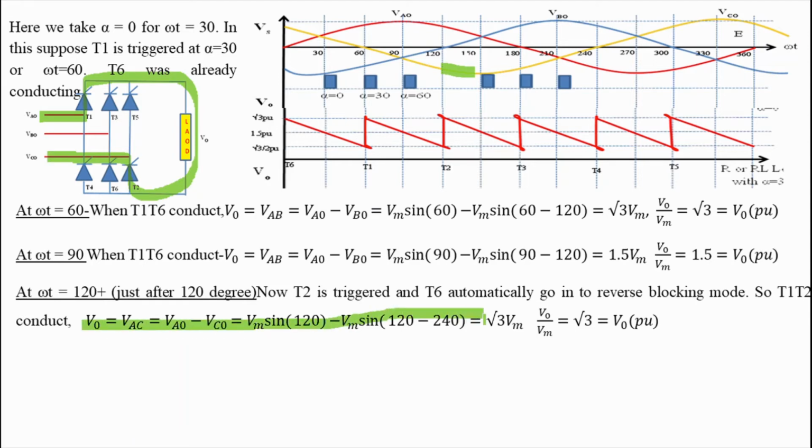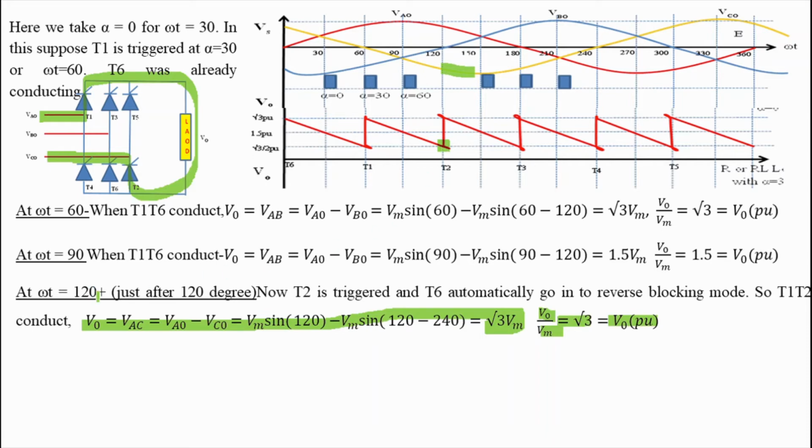On solving this we get root 3 Vm, and in terms of per unit we can write V0 by Vm is equal to root 3, that is per unit voltage. So here we can see that at omega t equal to 120 degree, we get this root 3 by 2 Vm. Now it is the value